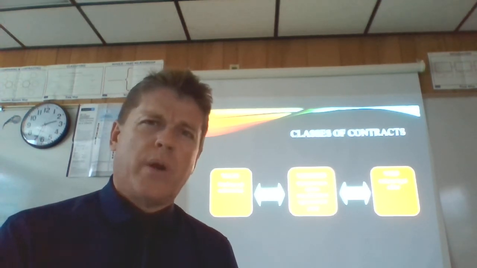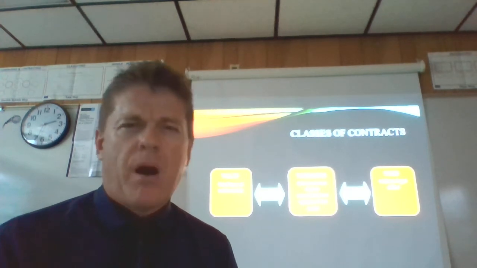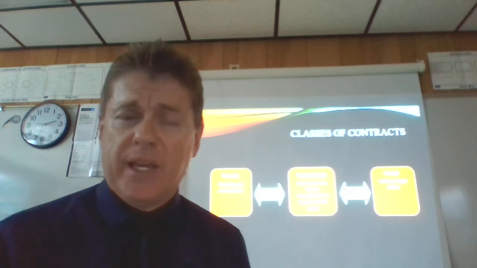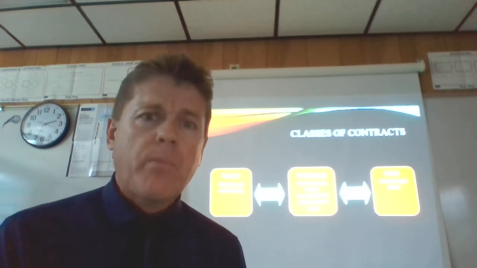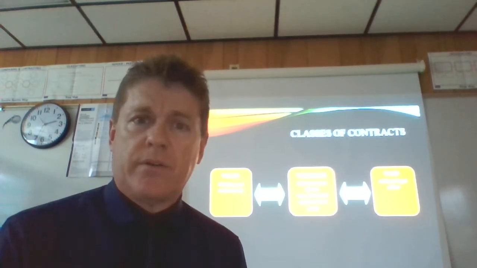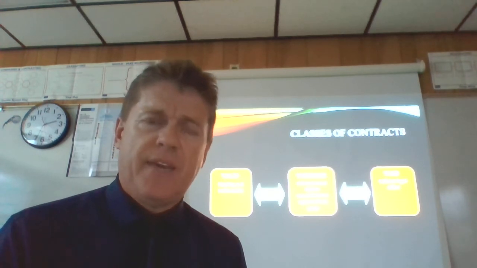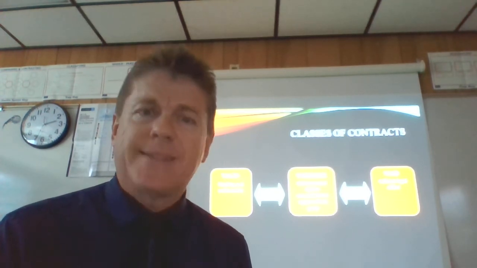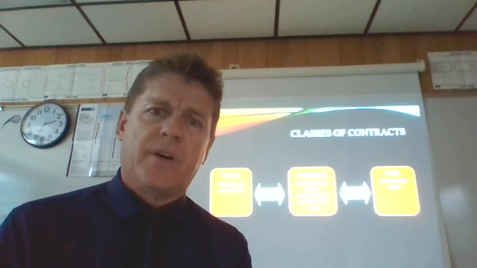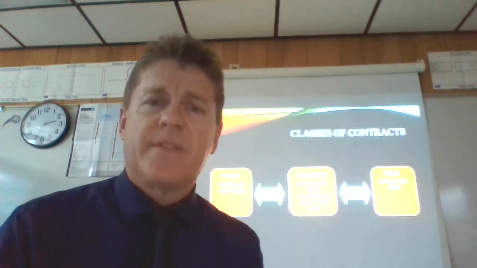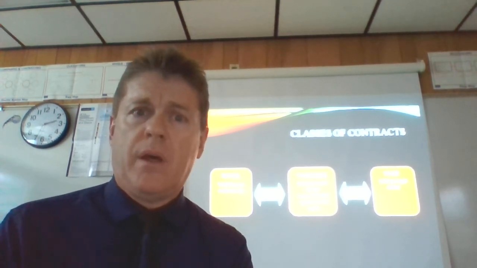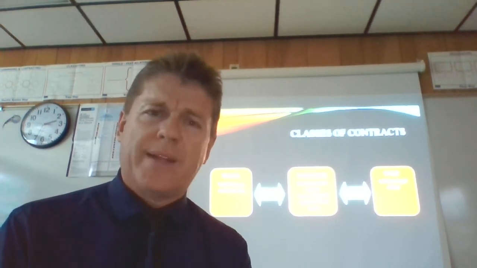Voidable is where we're going to allow, because of public policy reasons, one of the parties to opt out of the contract. So it's kind of like backing out, and you can do so without any penalty. The best example there is if you're dealing in a contract with a minor, so someone under the age of 18. If you're selling to a minor, let's say you're Macy's and you're selling a dress for prom, you run the risk of that minor disavowing the contract and wanting to return the consideration, even though maybe they've worn it to prom. At that point, that would be a voidable transaction.